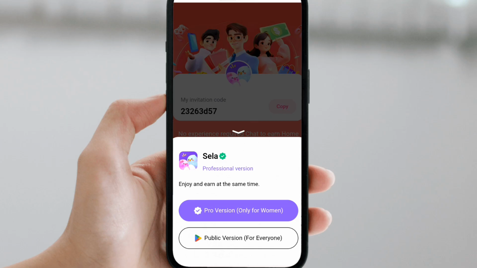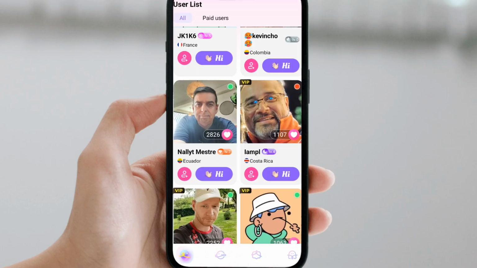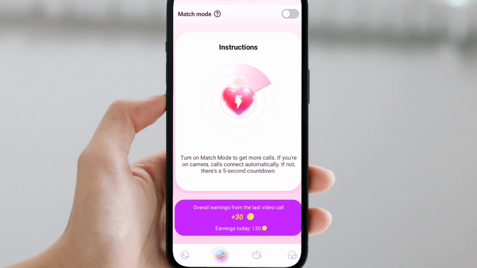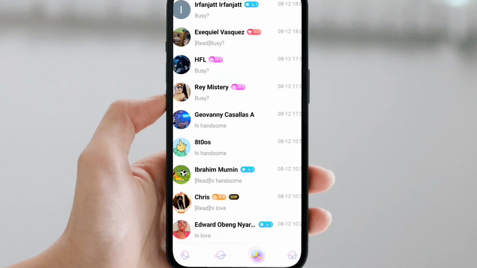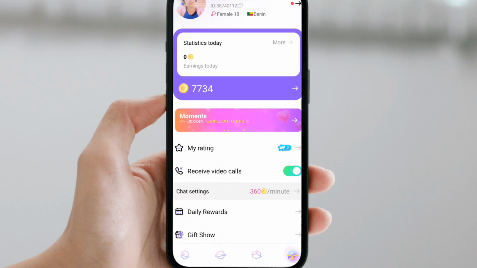So after installing it, the next thing is to log in with your Google account. It will take you to an interface like this. This is my home page. All right, for you, if you download it, you will not see people like this. This place will be blank. Why you're seeing this now is because I have reached level 2. So if you're at level 0, your interface will not be like this. It will be covered. This is where to match your call. This is where you can see your messages. All right, so this is your interface.